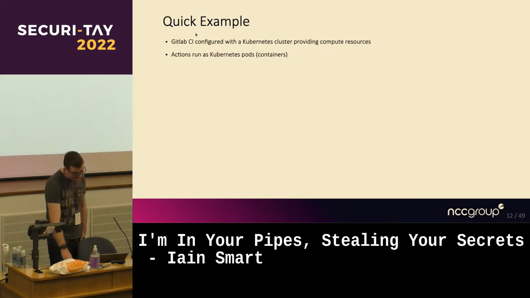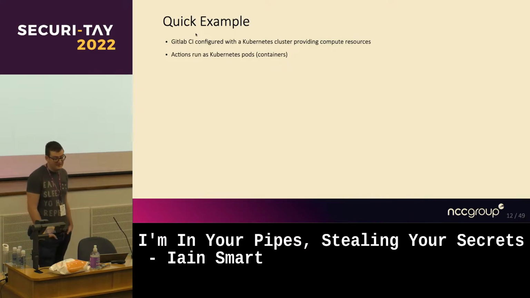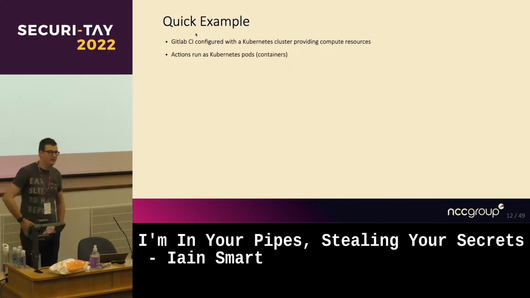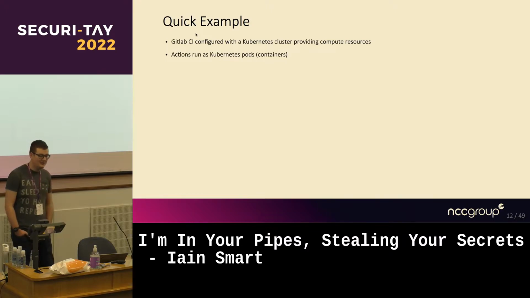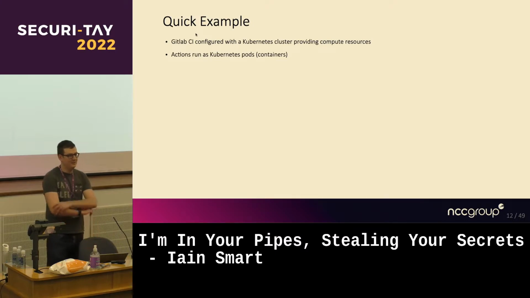So as an example, I've got GitLab CI running. I'm using a Kubernetes cluster behind the scenes, providing the compute resource. And effectively what I've done is there's a nice and easy Helm chart. For those of you who are familiar with Kubernetes, Helm is like a package manager. You just say helm install gitlab-runner, give it a token for your GitLab instance, and then GitLab has the ability to talk to Kubernetes and say, I'd like to make these jobs, I'd like to run these containers running certain commands. Kubernetes will then spin up the workloads and you'll get the output back in GitLab.